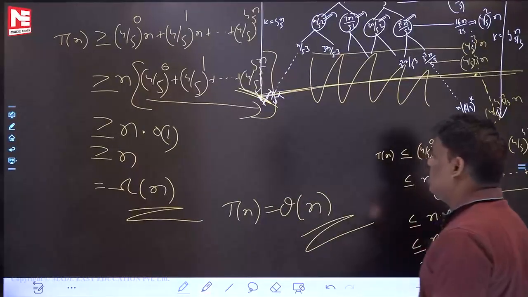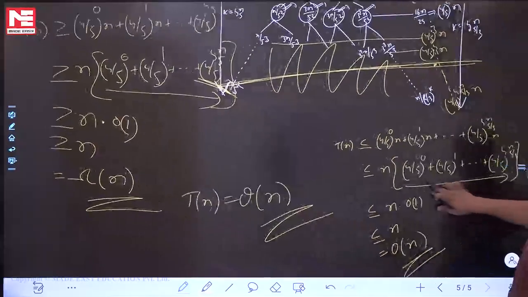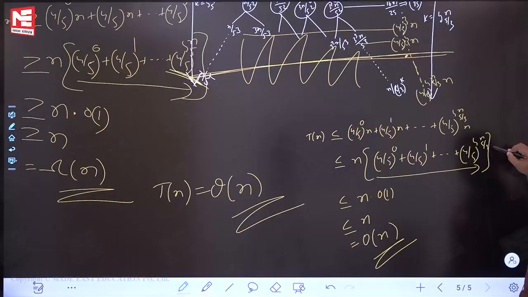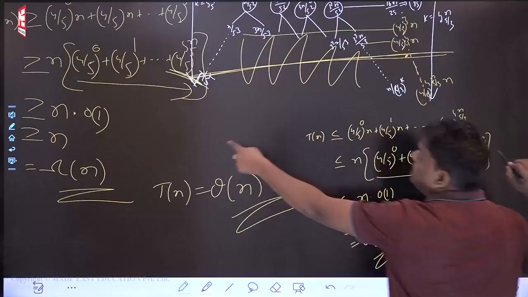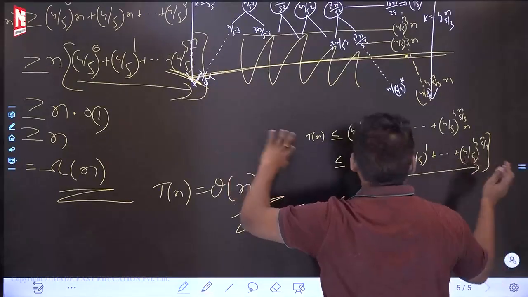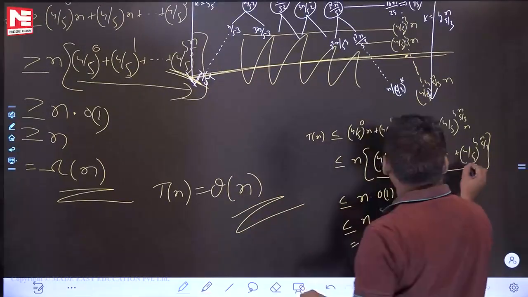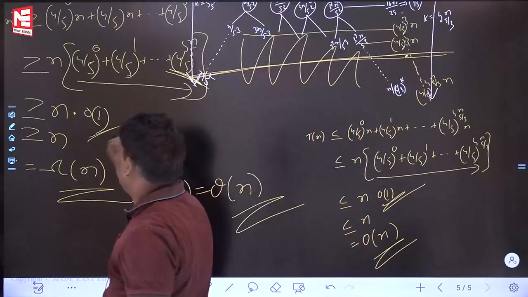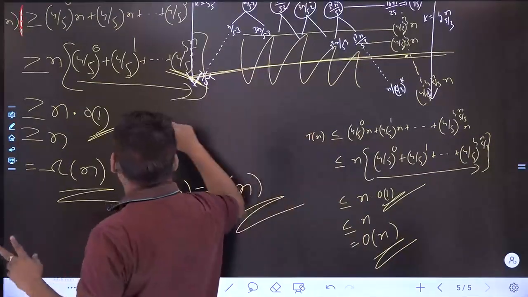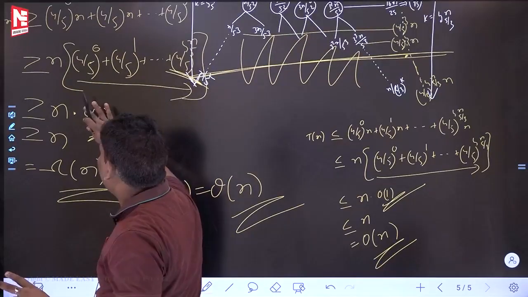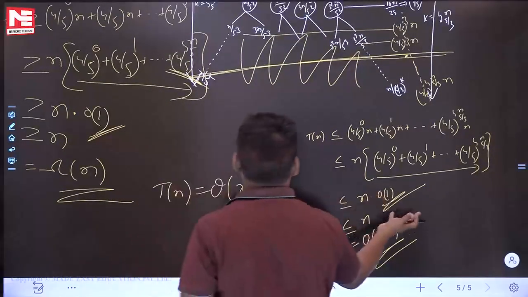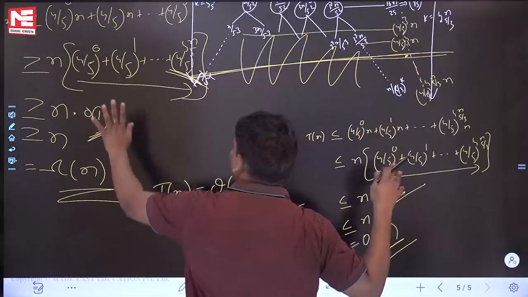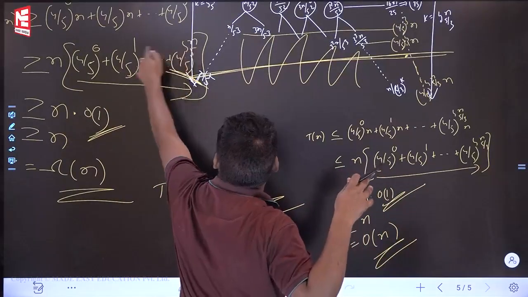Some people are asking, sir, this series is until log n base 5 by 3, and that series is until log n base 5. How can you say both are equal? Try to remember, this series also will give one constant, and this series also will give one constant. These two constants may not be the same. This may be a small constant, say 2. It may be 5. This will give bigger, this will give smaller, because if you see the series,